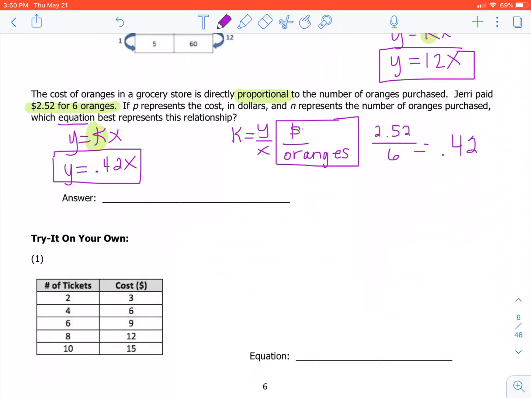However, they do make us go a little bit further because they say that we have P representing cost and N representing number of oranges. So I'm going to replace my Y and my X. Now, remember from up here, Y is my money. So Y is my cost. So that's going to be P. The 0.42 stays. I need an equal sign there. Now my X is on the bottom, so X is oranges, which would be N. So they want the answer in terms of